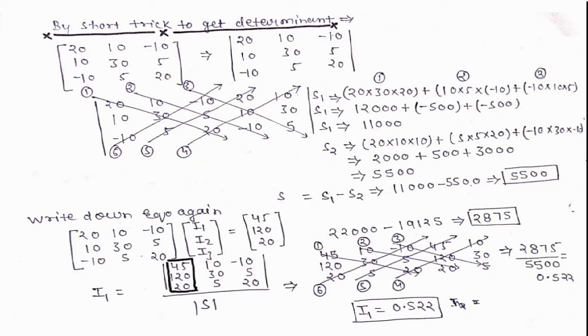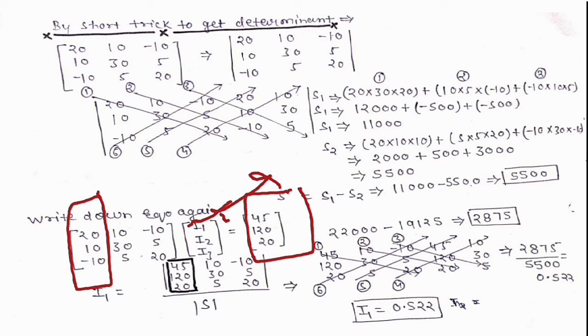so here you see, write down this equation again, because we want I1, I2, I3. So we know we will get the determinant of R, or you can say S here. So how can we get the I1 value? If you want to get the I1 value, this is the matrix, actually our matrix here. So if you get the value of I1, you will first replace this first column with the voltages 45, 120, 20.